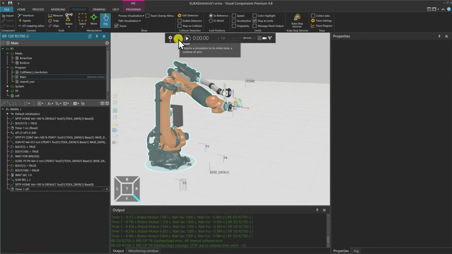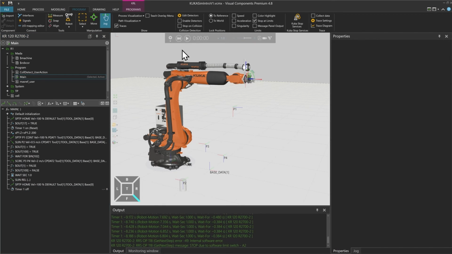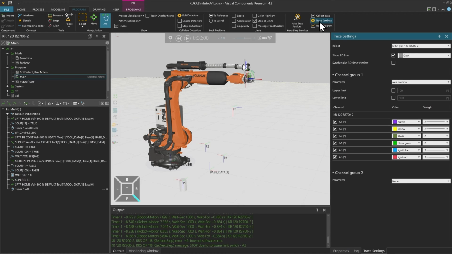And now I want to show you another beautiful feature of the KUKA Sim add-on, which is the trace diagram. For that, we have to collect data in this trace group. If we click on the trace settings, we can have a look at different channels.